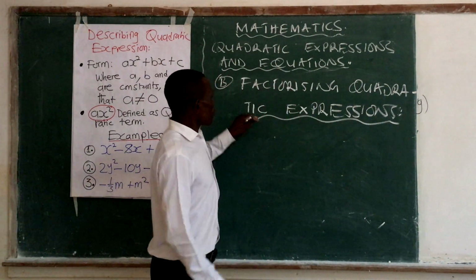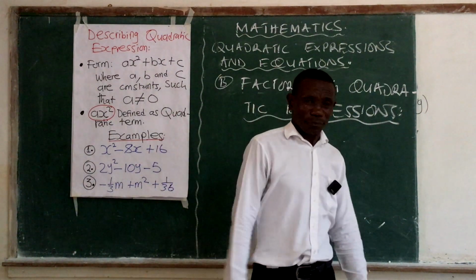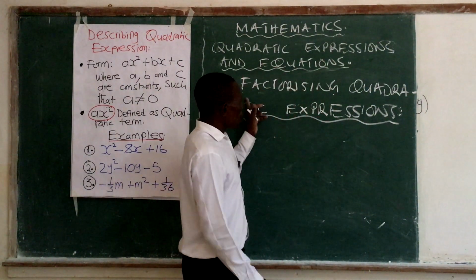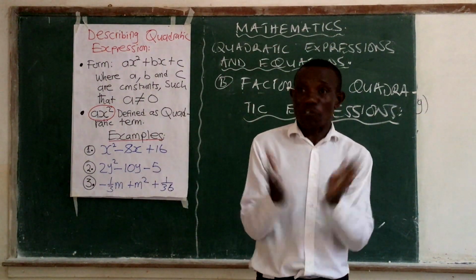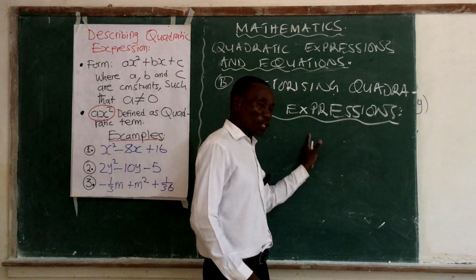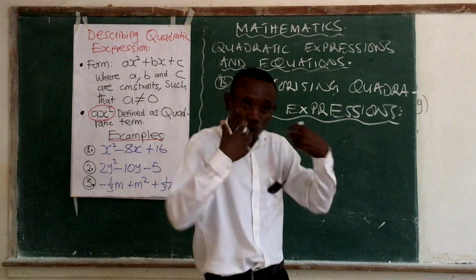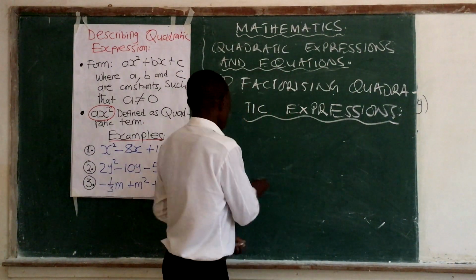First, allow me first of all to define this terminology here, factorizing. When we talk of factorizing, it simply means to find the factors. That's all. So here, if we're going to discuss something about factorizing quadratic expressions, it's just a matter of finding the factors of an expression which is quadratic. For example,